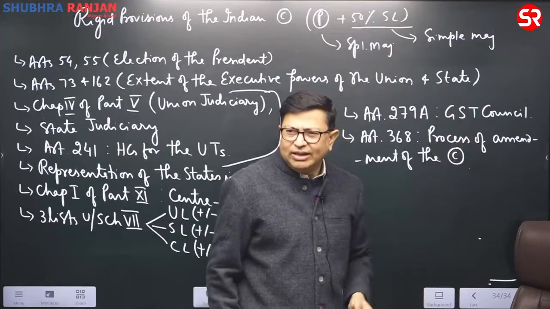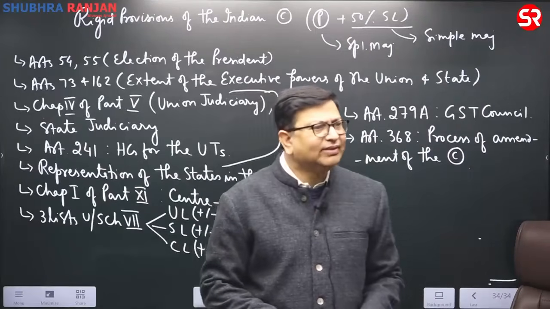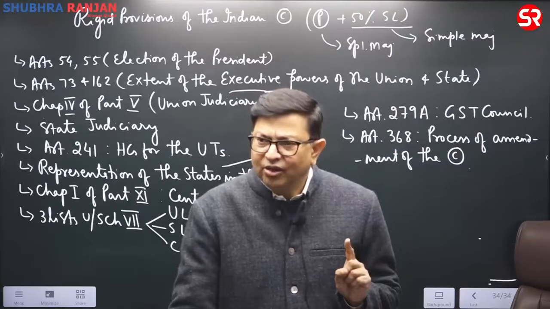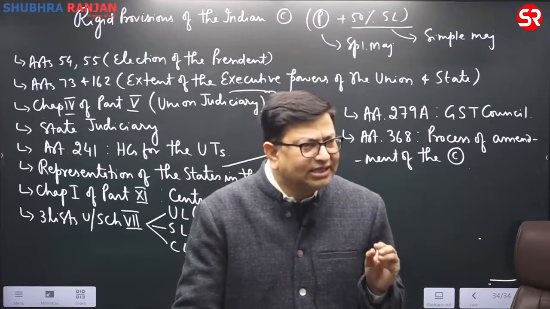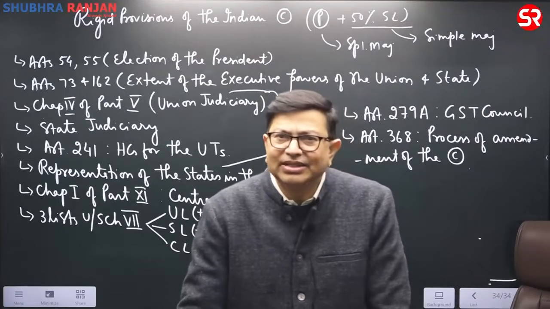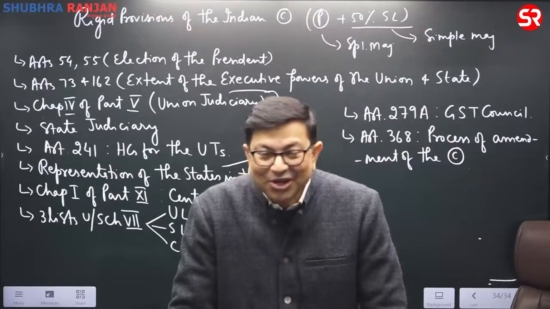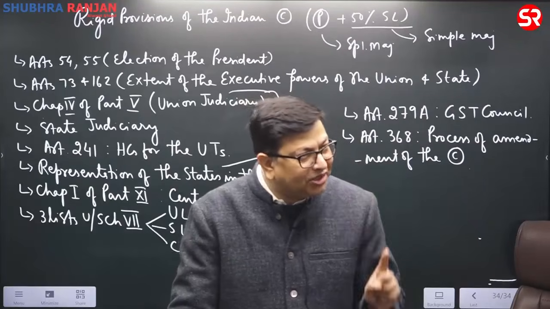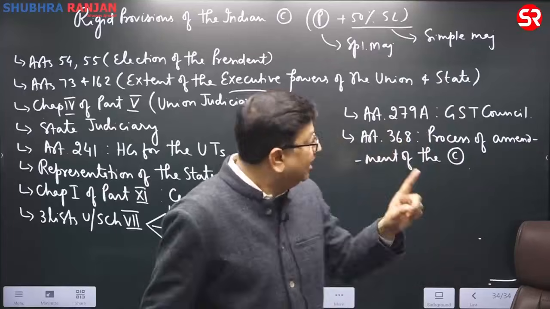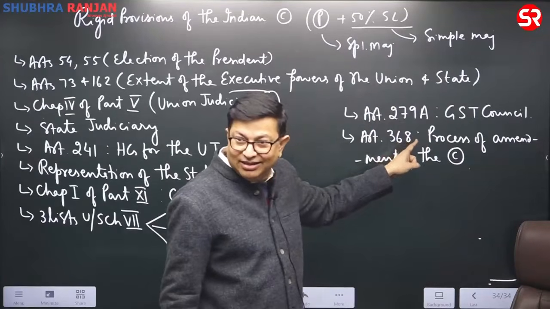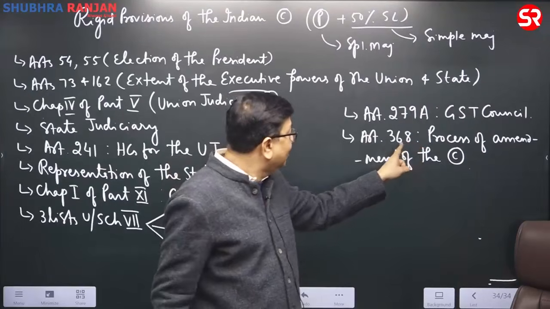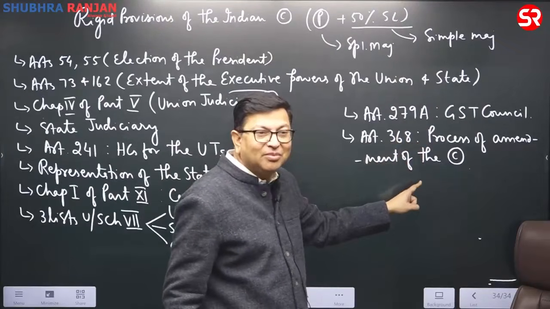GST Council, you may be knowing, it is a decision making body with respect to the GST, and all the decisions on GST, whether it is a GST rates or the GST laws, they are taken by the GST Council, which has got the representation of the states also. No changes in the structure, that is a composition, and the powers of the GST can be done unilaterally by the central government. If you need to amend this article, then the consent of 50% of the states will be required. Then Article 368, process of amendment.